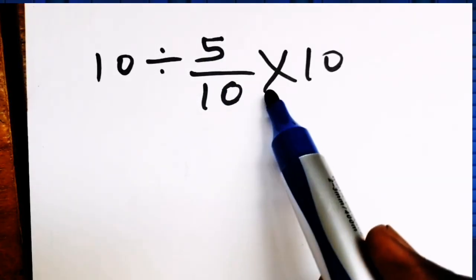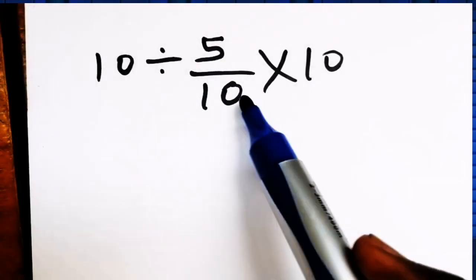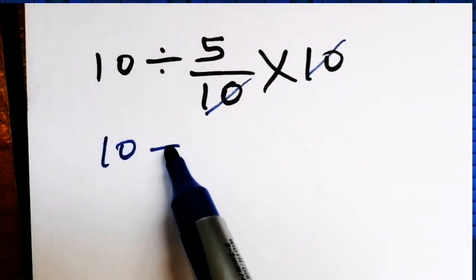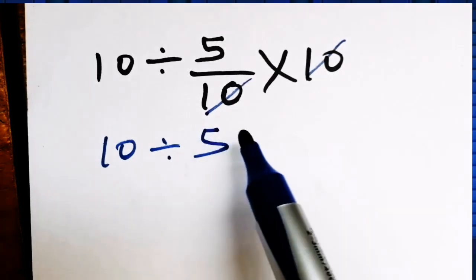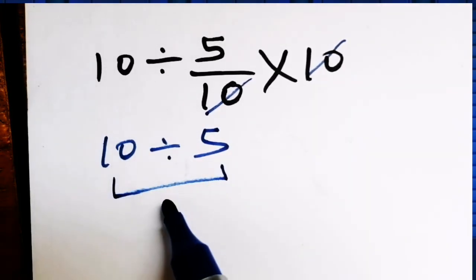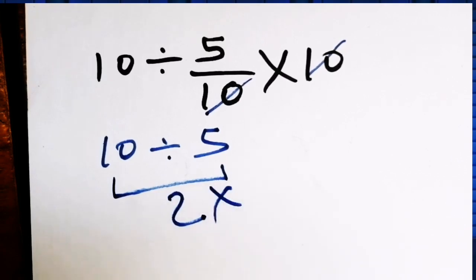5 over 10 times 10 over 1. Here, 10 by 1, 10 by 1, that means 10 divided by 5. Okay, 10 divided by 5, which equals 2. But this answer is not correct,